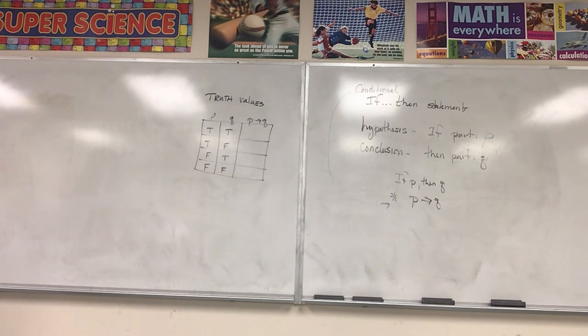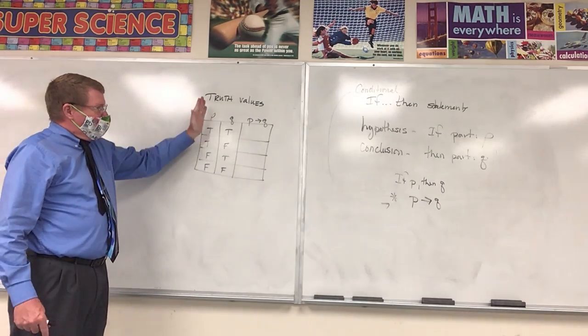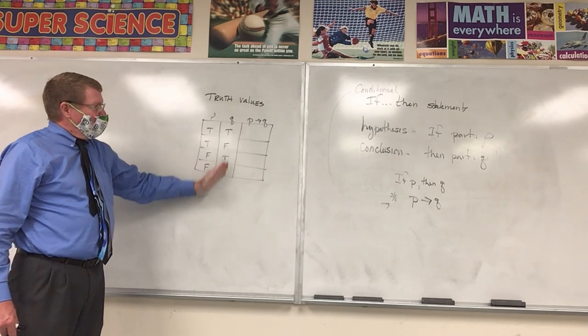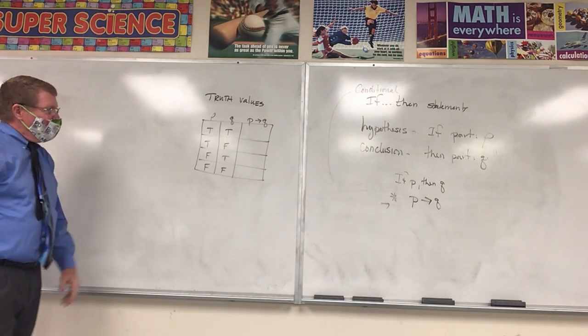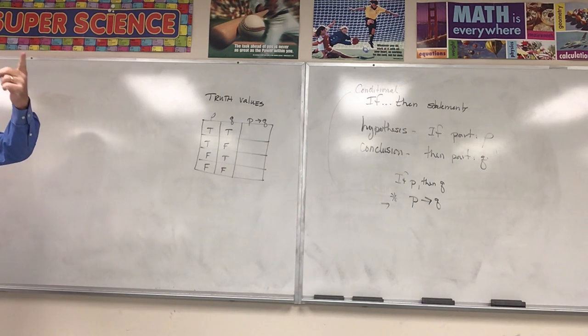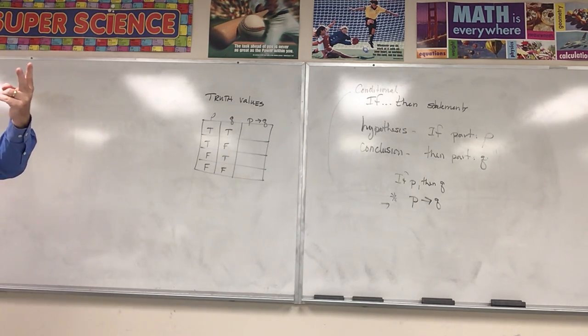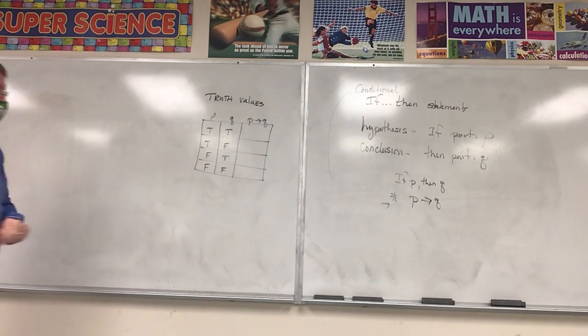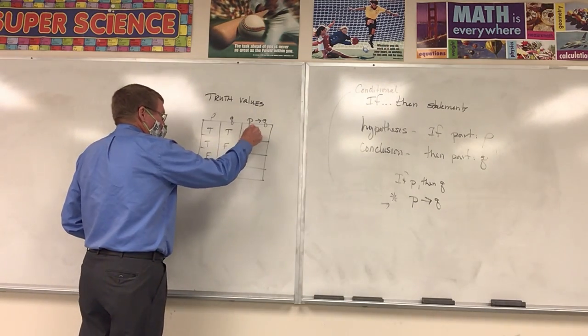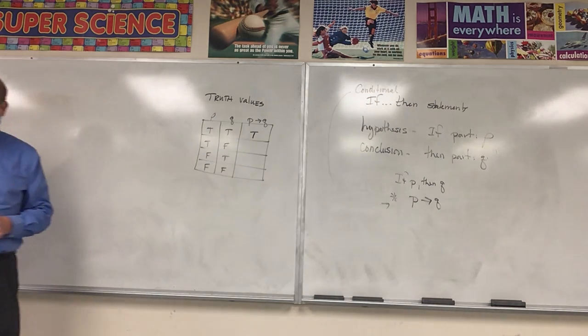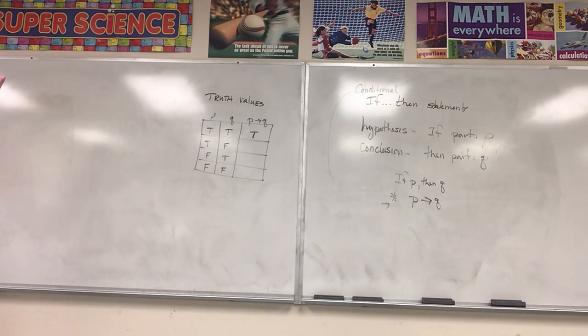We can have a truth value of our conditional statement. This column is for my hypothesis. This column is for my conclusion. If my hypothesis is true and my conclusion is true, then my statement is true. The next one, if my hypothesis is true, my conclusion is false,